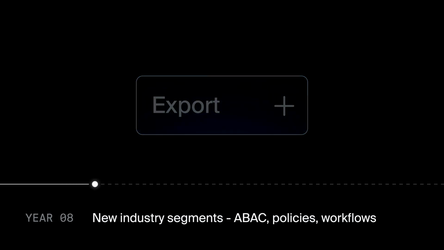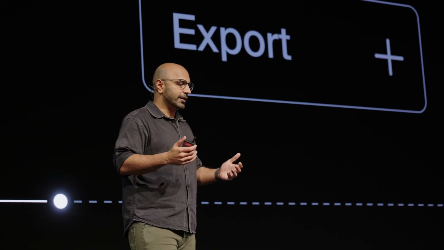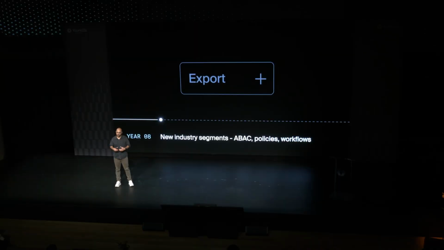All right. So now, even larger customers start adopting Figma. They've become pretty popular, and they're starting to see interest from customers in new industry segments, for example, finance and healthcare. And these customer segments bring in their own unique set of authorization requirements. Your authorization stack starts to become even more context sensitive. It's not about who you are anymore. It's when, where, and under what conditions you're performing that action that starts becoming more relevant.